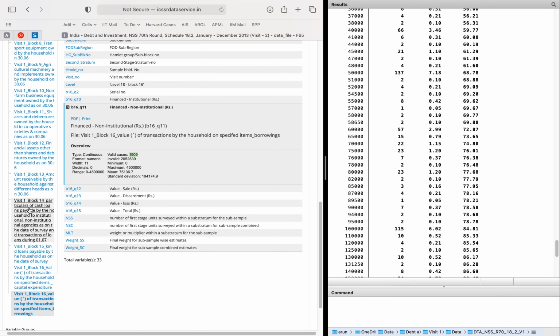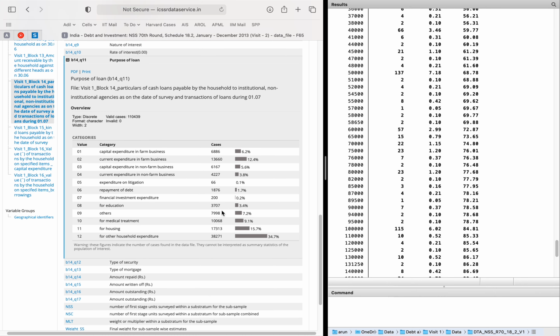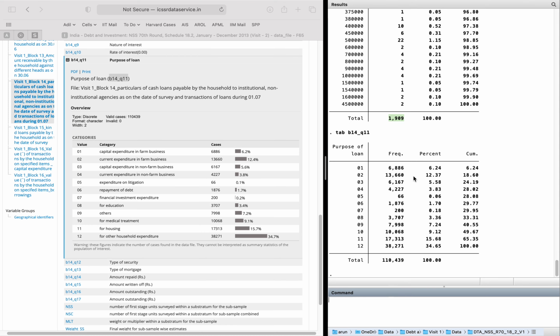Now anywhere, in any of the blocks, anything you try will match perfectly. For example purpose of loan will also match perfectly. This is for example B4 tab, this one. So see, 6886 is matching. 38271 is also perfectly matching.